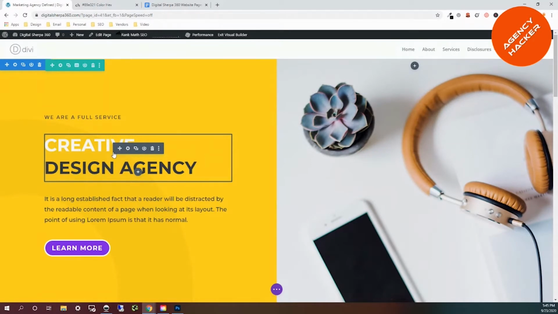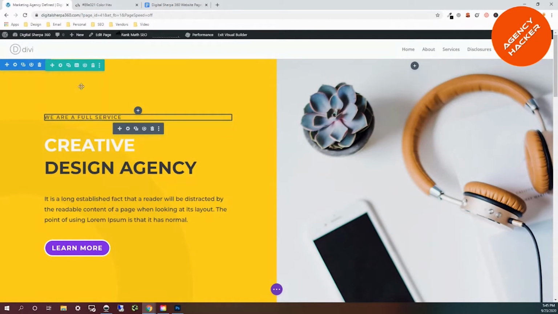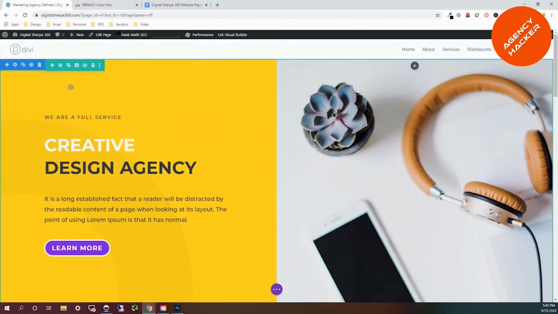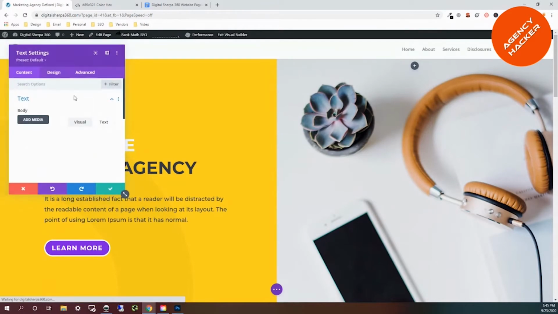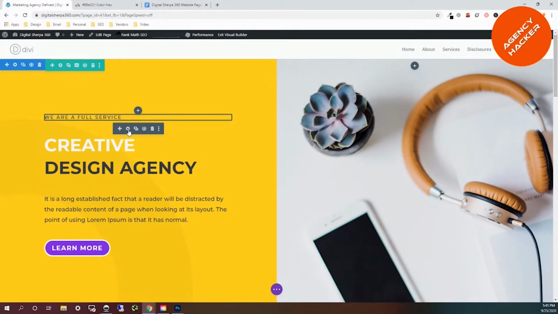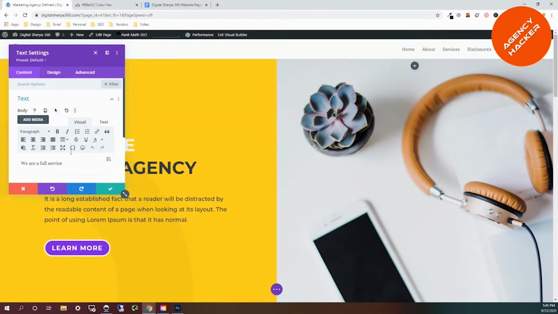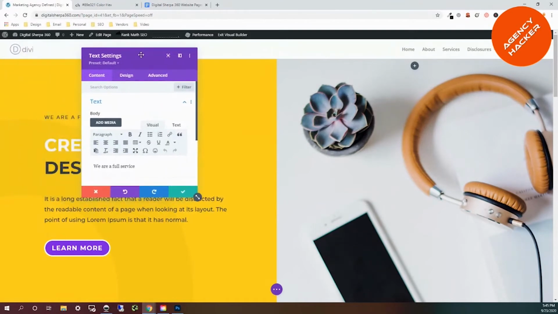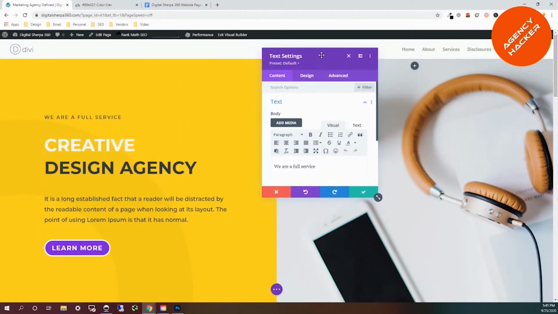All right. So here we have all of this information. If we want to change this information here, the way that we do that is we're actually going to go into the module. Let's assume we want to change this right here. Let me back up. So the very first thing we're going to do is we're going to choose this gear here, which is the settings, module settings. So let's assume, let me drag and drop this over so I can actually see it work in real time. Let's say we want to change this to marketing